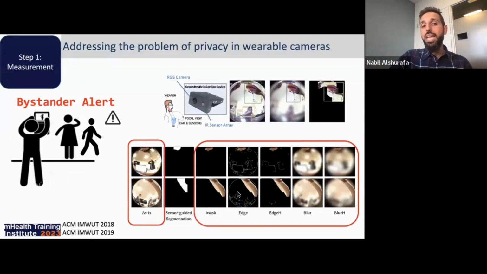We ran canny edge detectors and things that allow us to just outline the object in the scene, but not show the details of it. And then we had different intensities of that, right? Same with blur, right? We had ways of blurring the background and running different intensity blurs in the background.